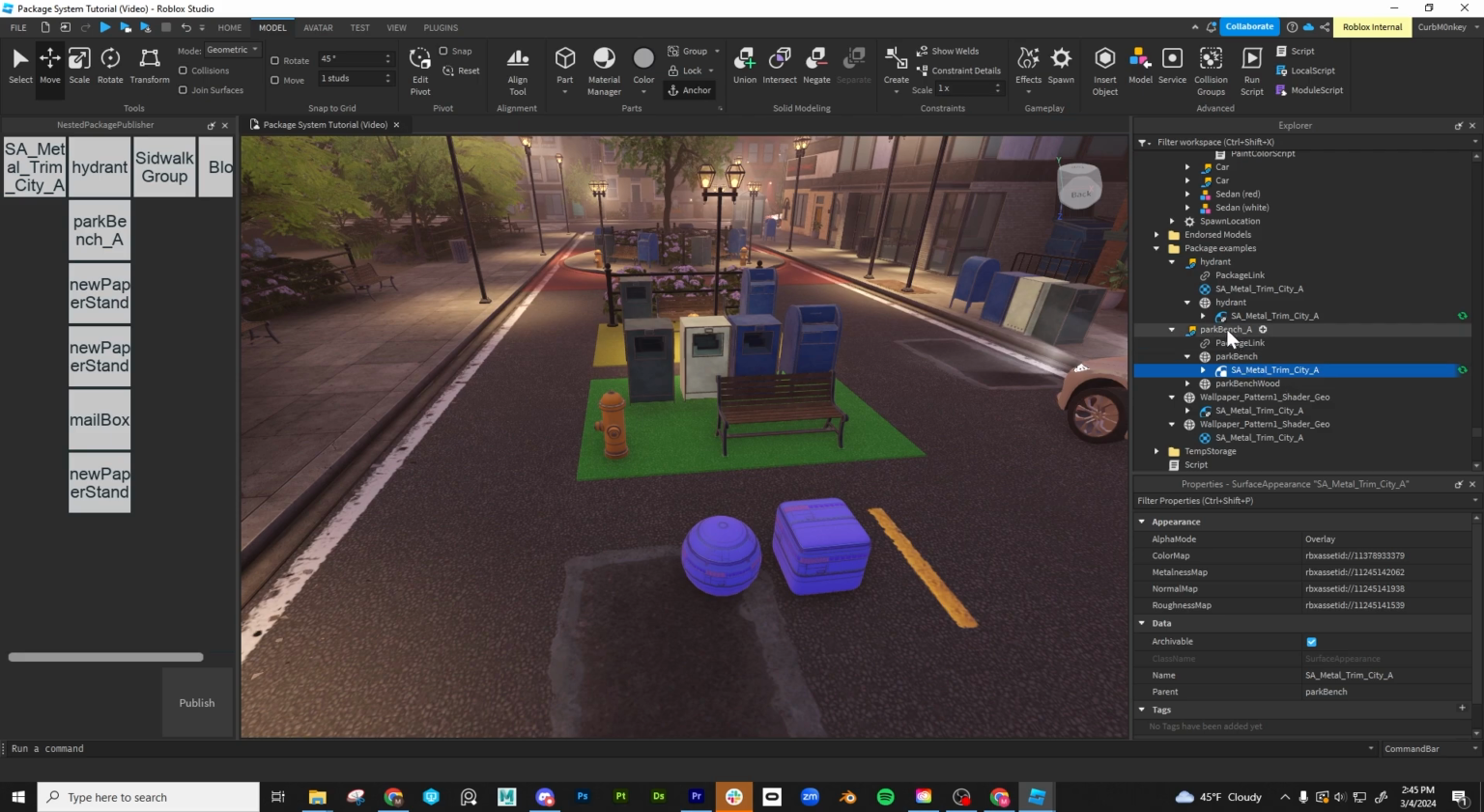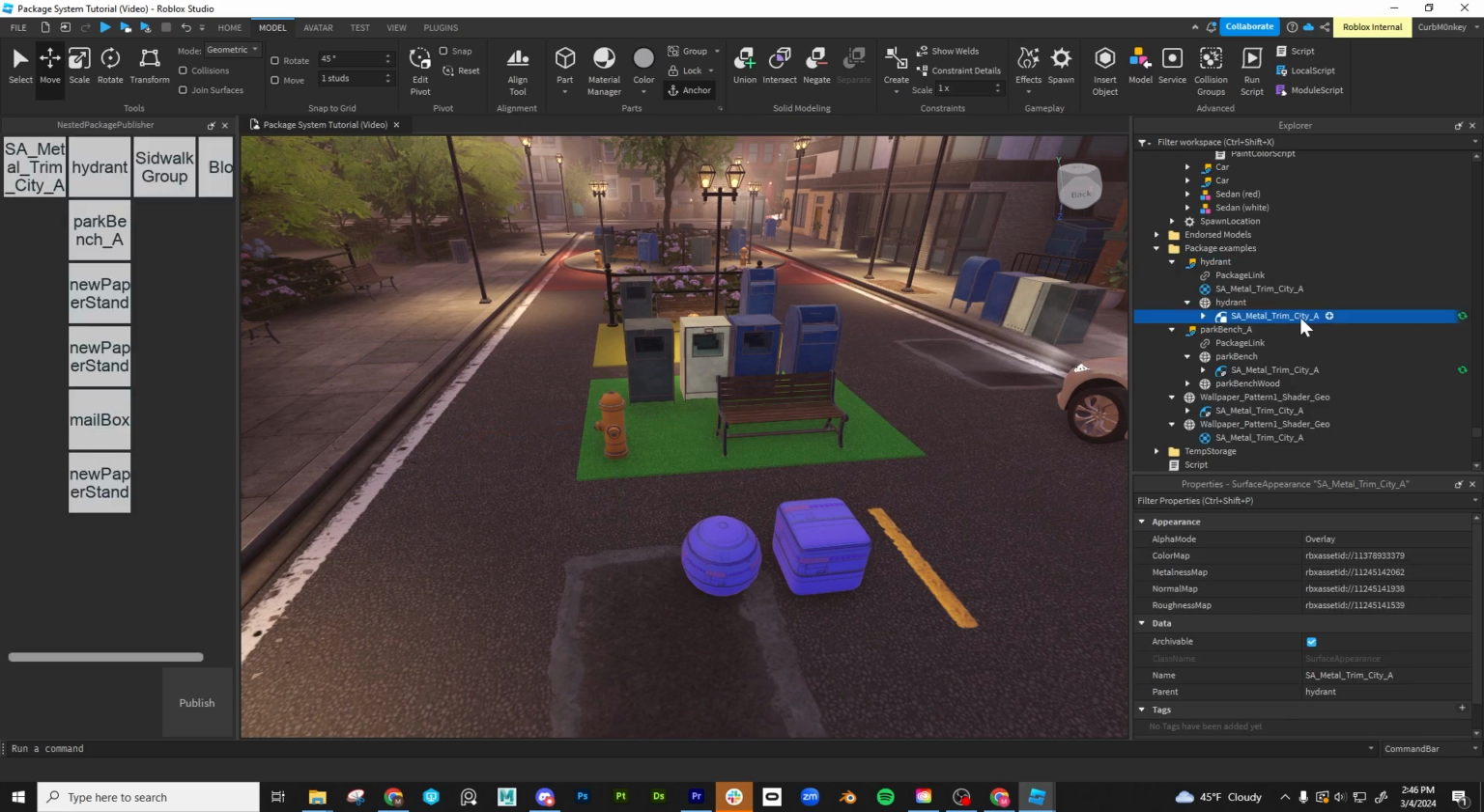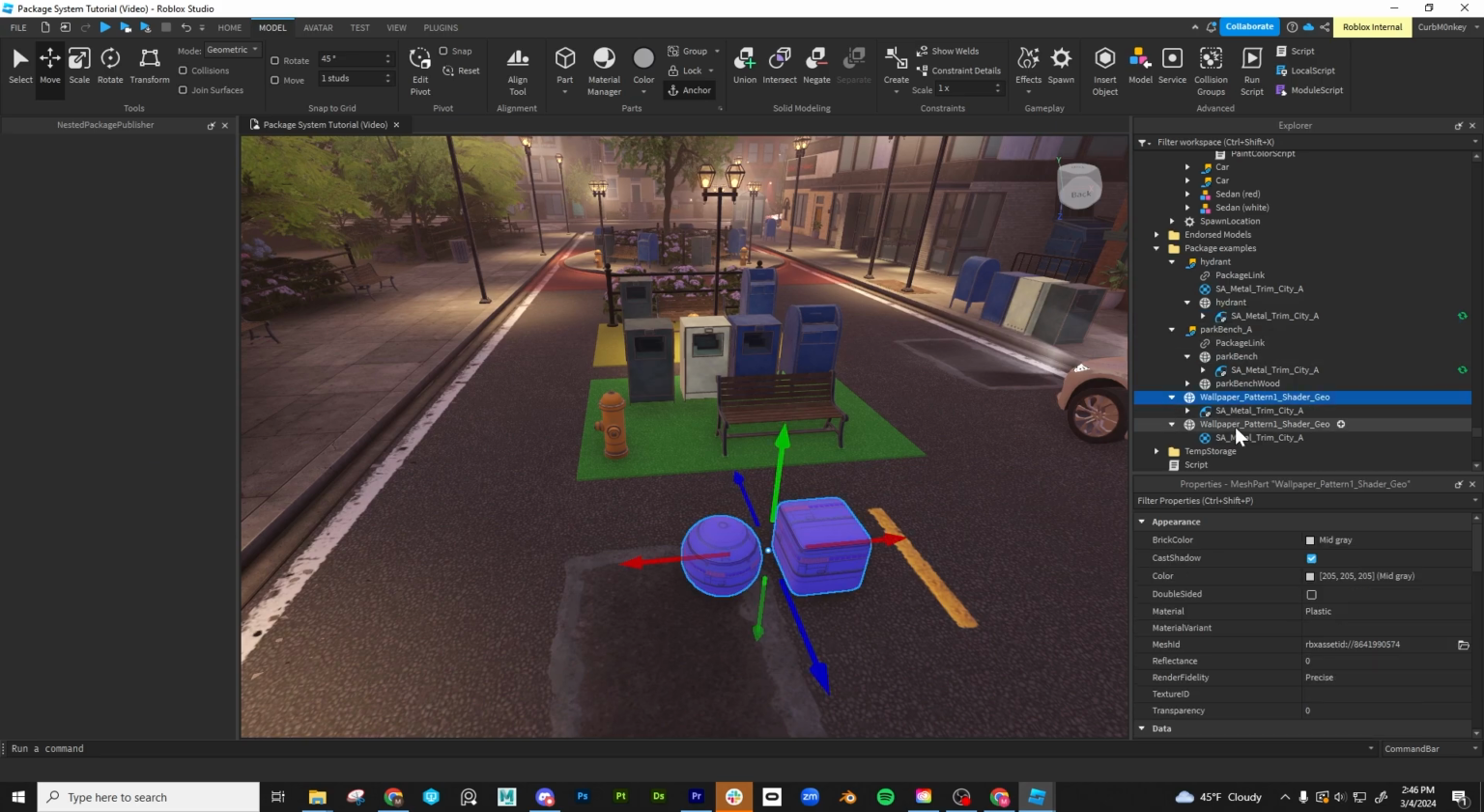So anytime you nest a package within another package, currently that auto update feature gets turned off. So now this is complaining that, hey, this material isn't up to date. So you could go through one by one and update all, and then work your way up this hierarchy. But we have this tool that we're working on, the nested package publisher, which allows